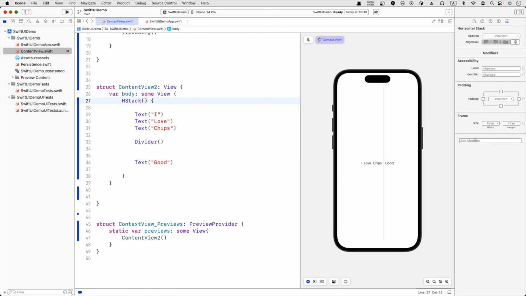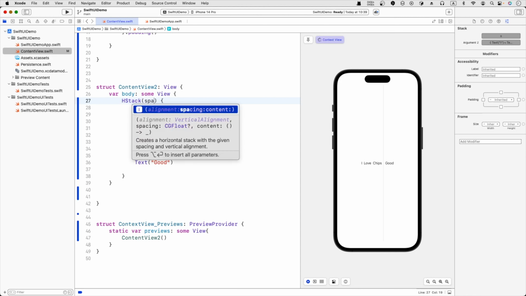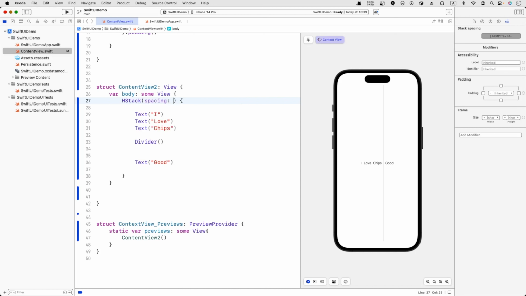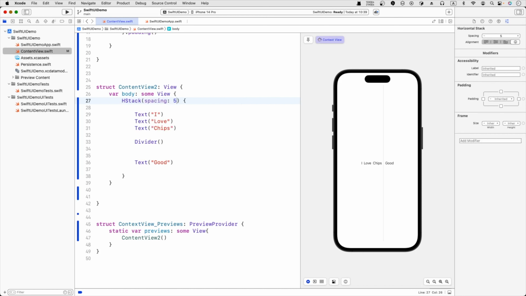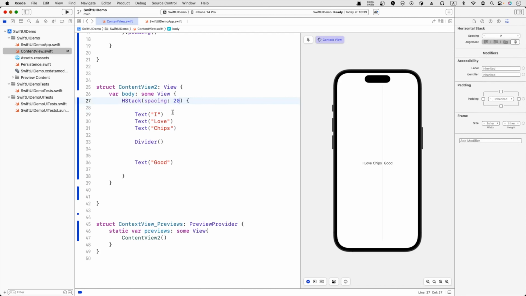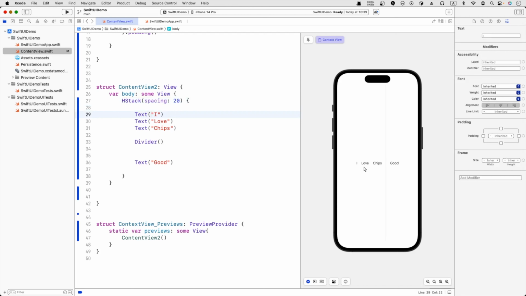We can add HStacks and add parentheses, and we can add spacing, of course. I'm going to add spacing of, say, 5. Okay, so once I got that, maybe add a little bit more, maybe 20. Okay, we got a little bit of spacing here, and of course the text font size is a little bit